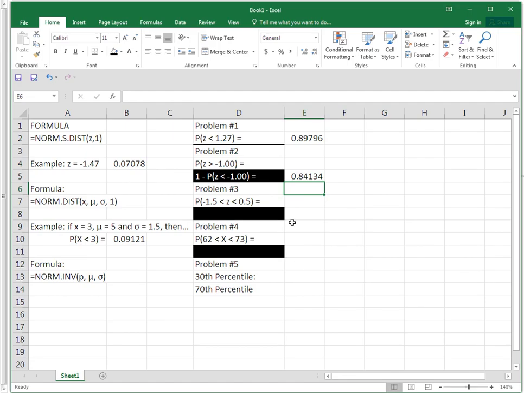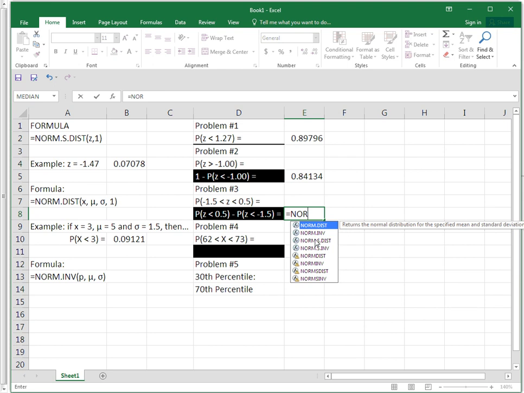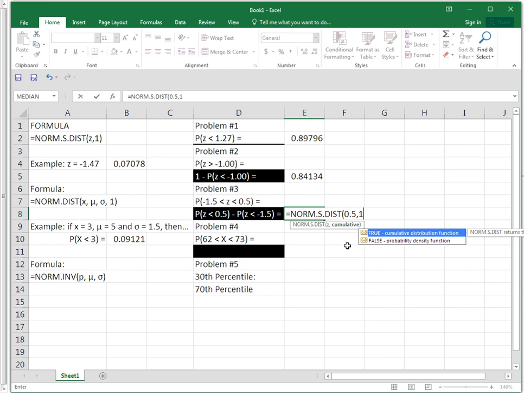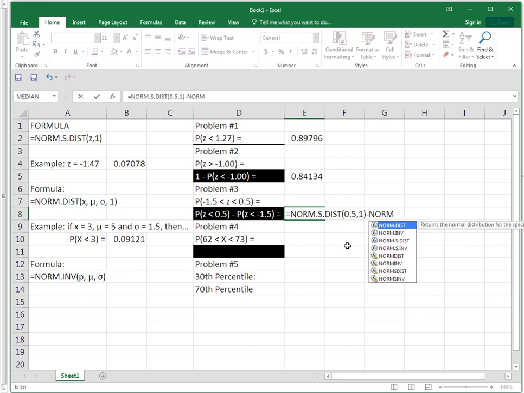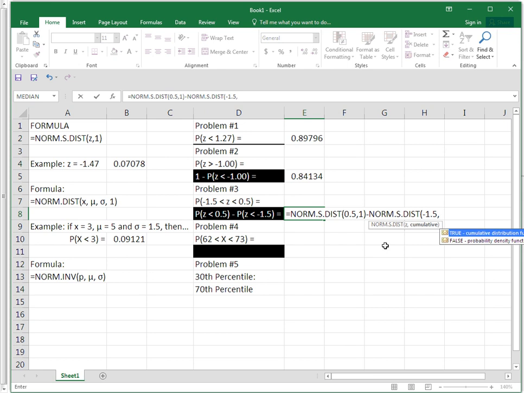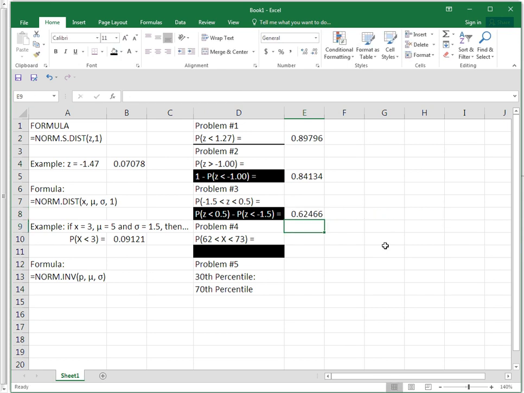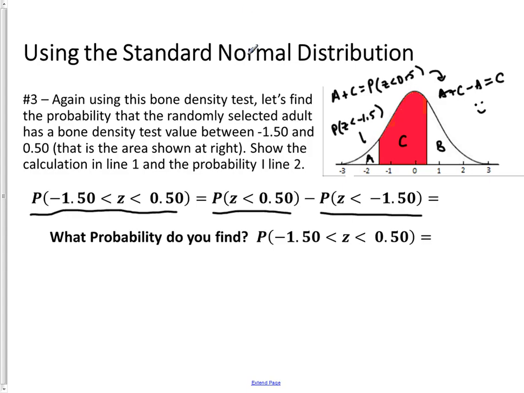Here we go. So what we're going to do right here is we're going to take our 2 probabilities and just simply subtract. So we're going to take the NORM.S.DIST. In the first case, right, we wanted 0.5. That's the higher probability. Of course, we want 1 for true. And we're going to subtract away from that NORM.S.DIST, the standard normal distribution. And our z-score this time is -1.50. And again, we choose 1 for true. And there it is. There's our probability, 0.62466. Well, rounding that to the nearest 100th means that we're going to have a probability of